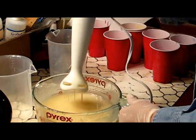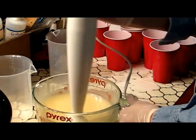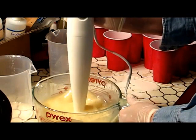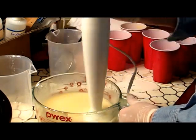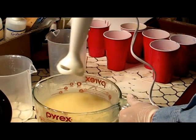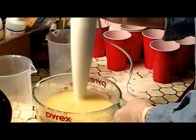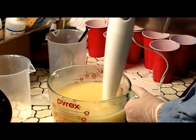I want to try to be aware of those bubbles. Doesn't quite look like it's at trace yet. So I may be a little paranoid and I'm underdoing it. But once it gets thick, you can't go back. You can always blend it a little more. But once it's too thick, it is just too late to do anything about it. So